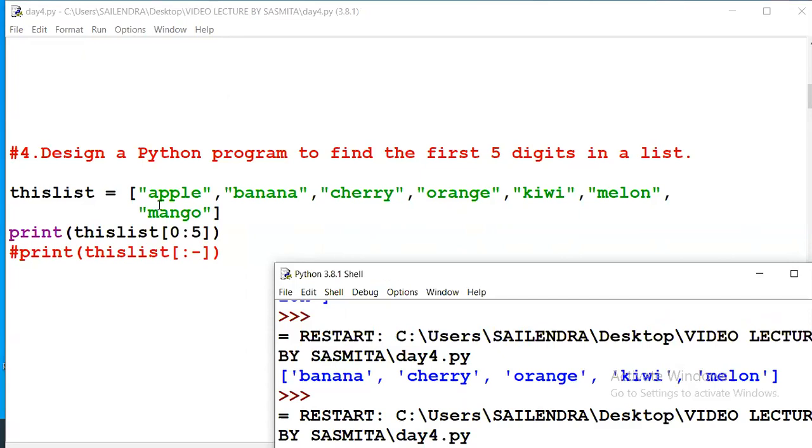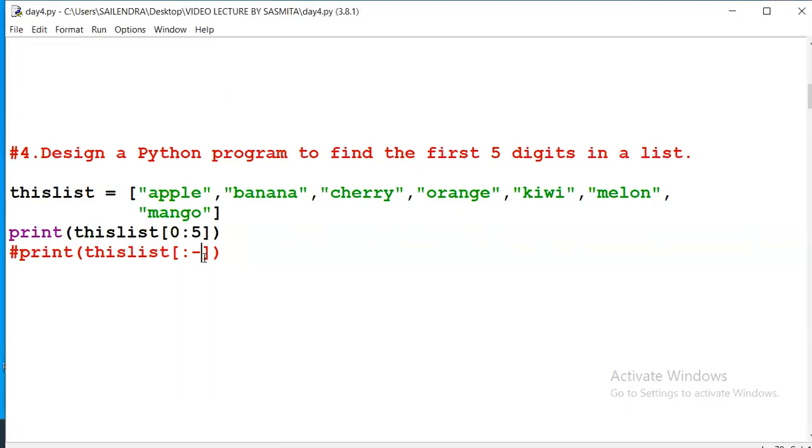So from the start, the index starts from 0, and from the end to the first, the index starts from -1. If we start from -2, what output will come? The same output should come, because -2 means mango is -1, melon is -2.